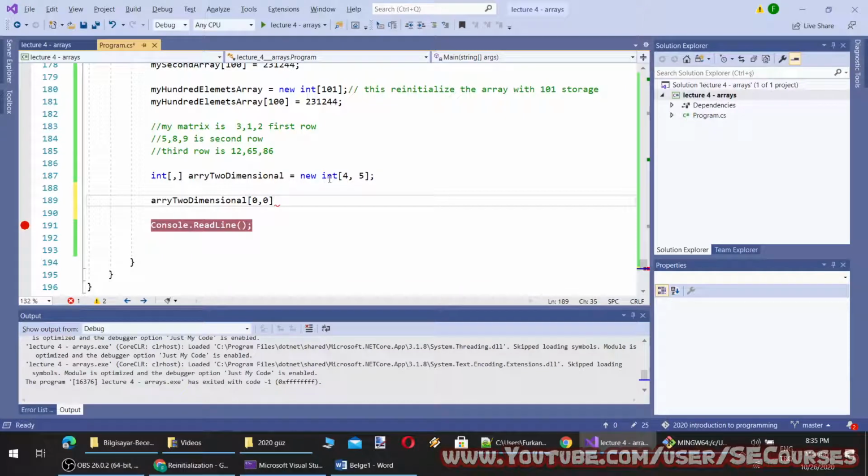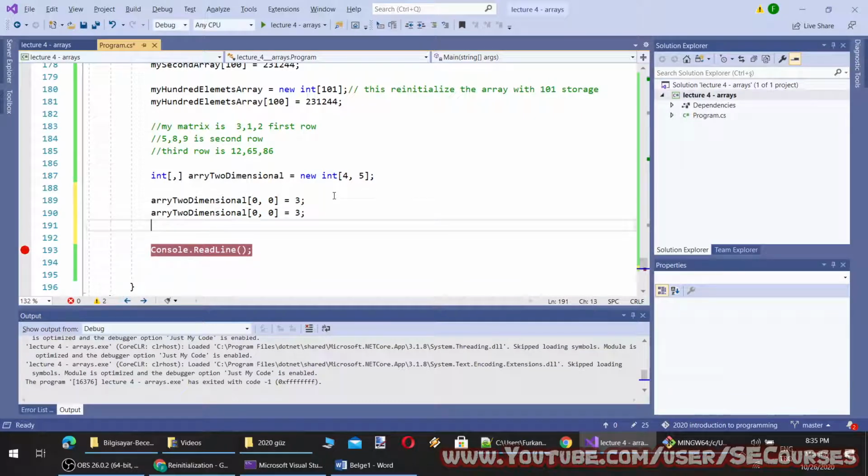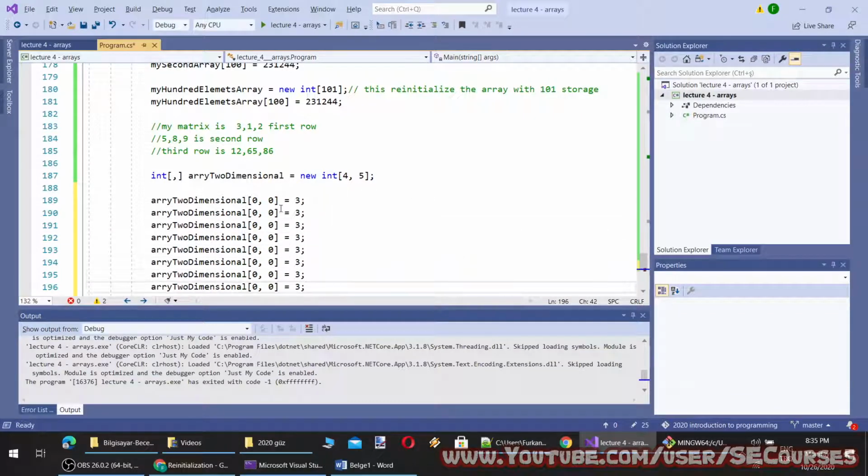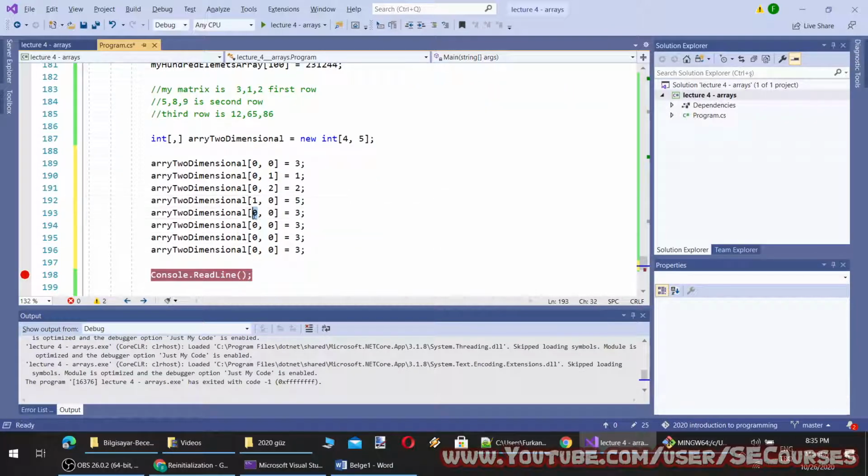0, 0 equal to 3. Okay. And I will copy paste. 0, 1 equal to 1, and 0, 2 equal to 2. Then it goes to the second row. 1, 0 is equal to 5, and 1, 1 is equal to 8, and 1, 2 equal to 9.